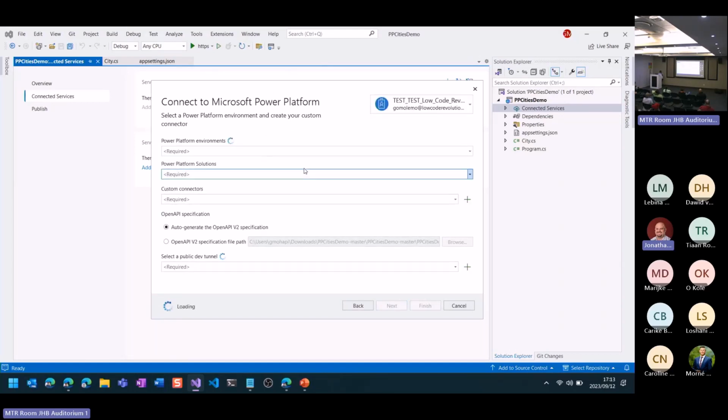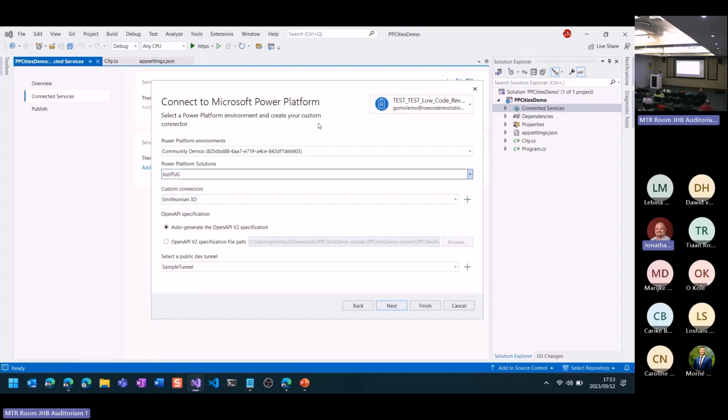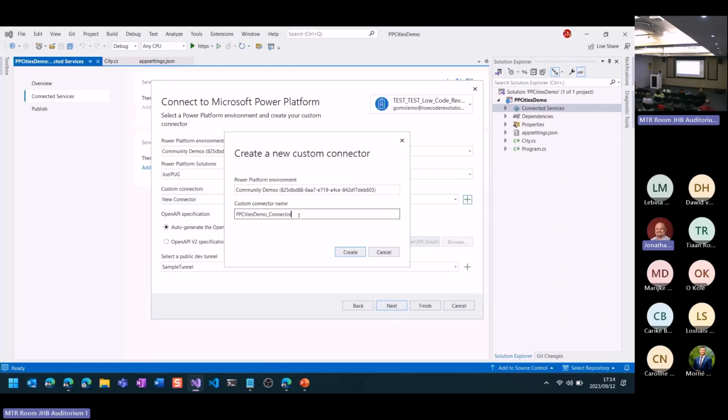One thing is to make sure that you are logged in with the same email that you use to create your Power Apps, to create your tables and so forth. And then you have a bunch of options that are very specific for you. So again, environments, I'll pick this one. And you can even pick the specific solution that you want, which is pretty cool. So I did make one. There you go. And then custom connector. This is obviously a new connector, but if you want to name it specifically, I'll just name this JoziPug,